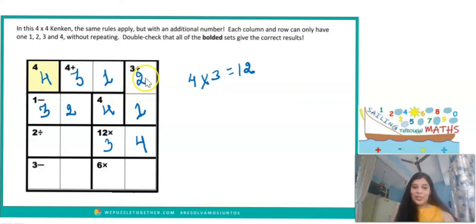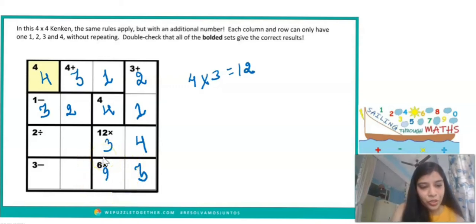So now see, just look at the last column, that is the fourth column, and the third column. You will see in the fourth column 2, 1, 4 are already used. So the only number which is going to come here in this block is going to be equal to 3, because we have to fill the numbers between 1 to 4. So the number which is going to come here in this block is going to be equal to 3. Now let's look at this column, that is the third column. 1, 4, 3 are already used. So the number which is going to come here is going to be equal to 2.